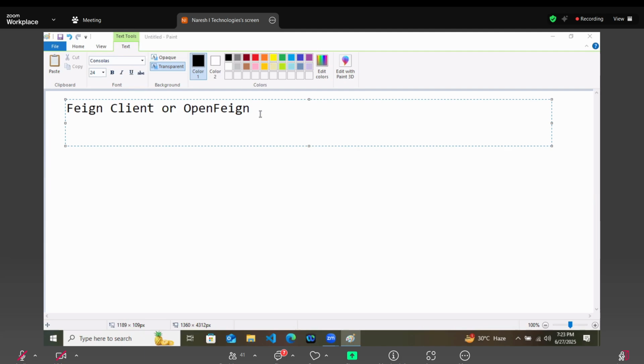What was the project that we were developing yesterday? Try to remember. You remember I gave this question, Feign client. So you searched about Feign client. Why didn't you search?